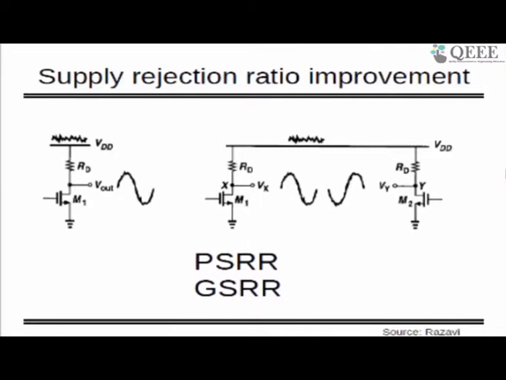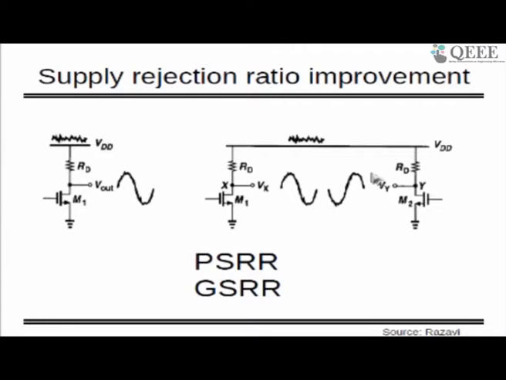So we have started that if you are doing differential, keeping two signals, and if there is some noise coming from VDD, which is for the MOSFET, you can replace these MOSFETs with BJTs, it's a similar thing. At the output, you are going to see a signal that is getting corrupted by these ripples, not the desired one. But if you take Vx minus Vy, you are going to see the clean signal. So this is the main thing.